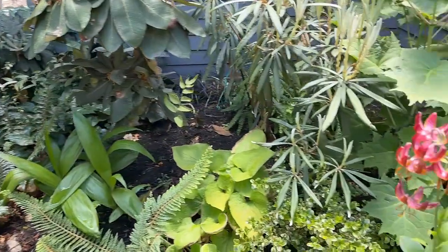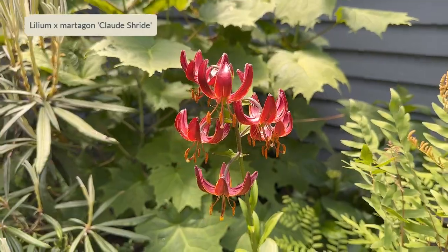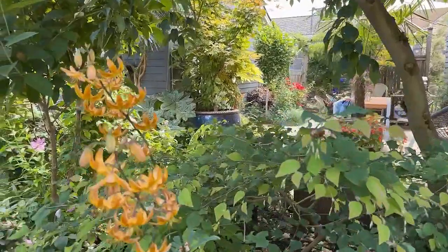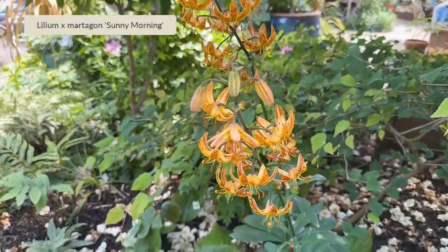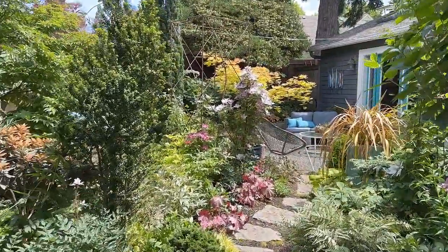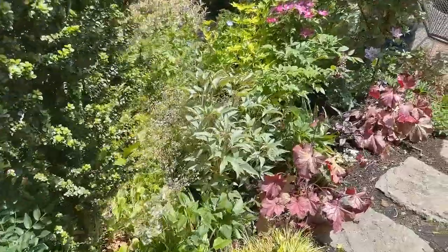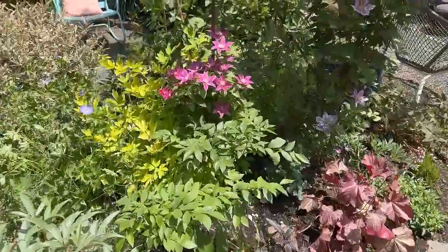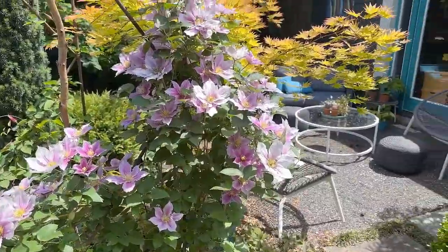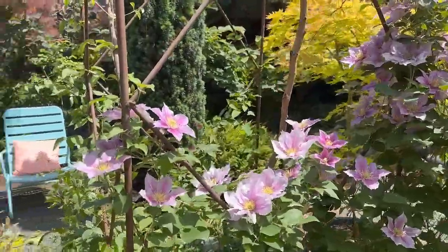Something else that's happening are the martagon lilies. This one is a wonderful red. And right down the path here, we've got one that's much more in the orangey yellow tones. And in a different part of the garden that we may see in a moment, I've got some other ones. There's a lot of plants in here, so I can't take the time to tell you exactly all the plants. So I'm going to speak generally, and I guess I got nerding out on some of the rhododendrons